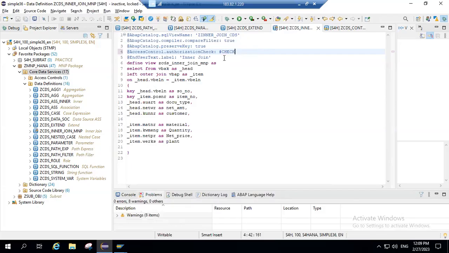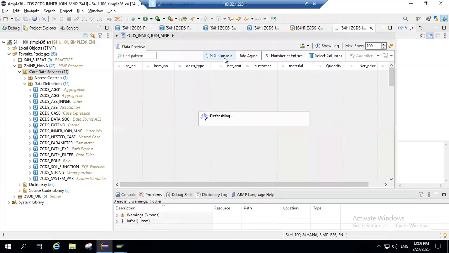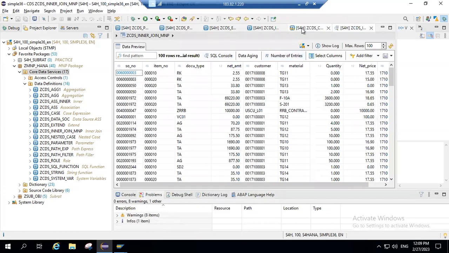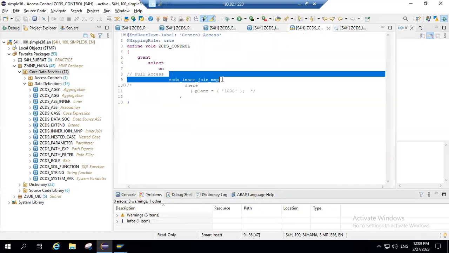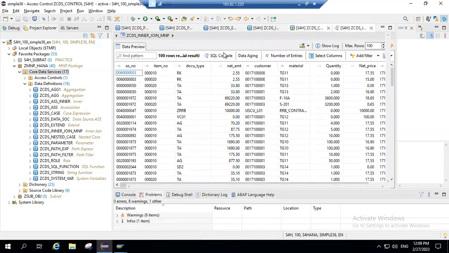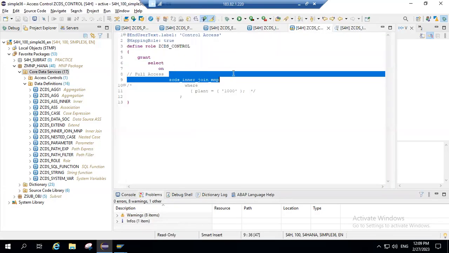Okay. Let's save, check and activate. So whenever I'm executing this, what happens? It is going to check with this. If the person has access, then it is granted and the data is displayed. So that means it is a full CDS view level